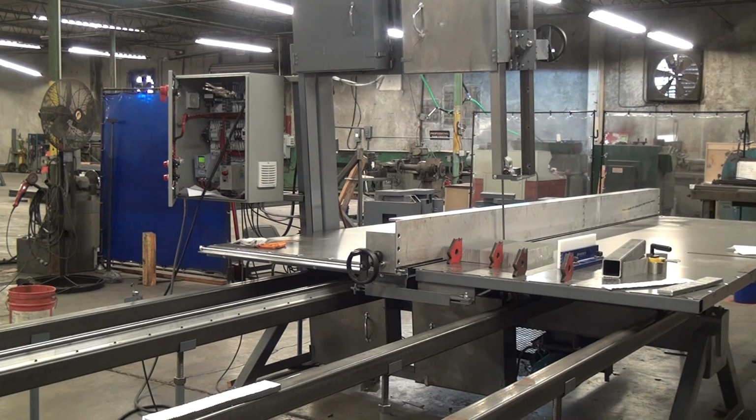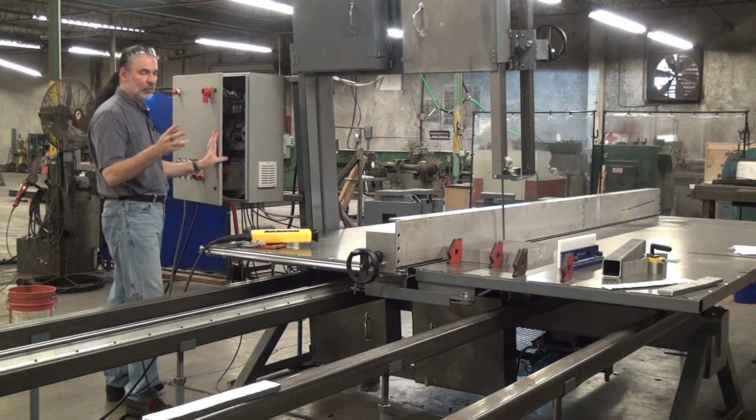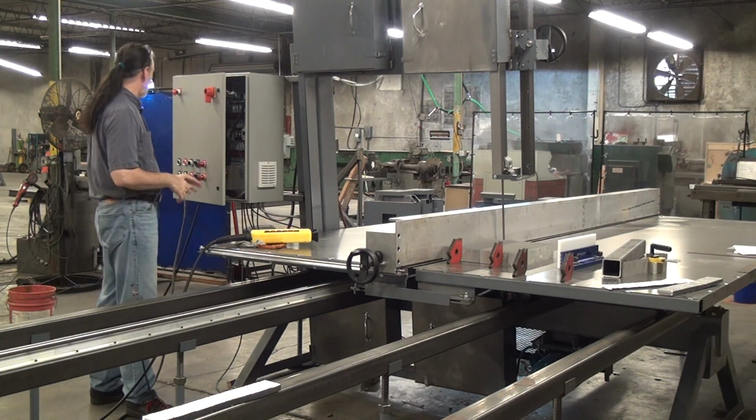Oh, and it has an additional e-stop button that goes on a pedestal at the back of the saw. A little bit of logic baked into here. The table speed, this one is set up with a table speed maximum of 4 inches per second. It has automatic stop at both ends. The way the logic is set up,